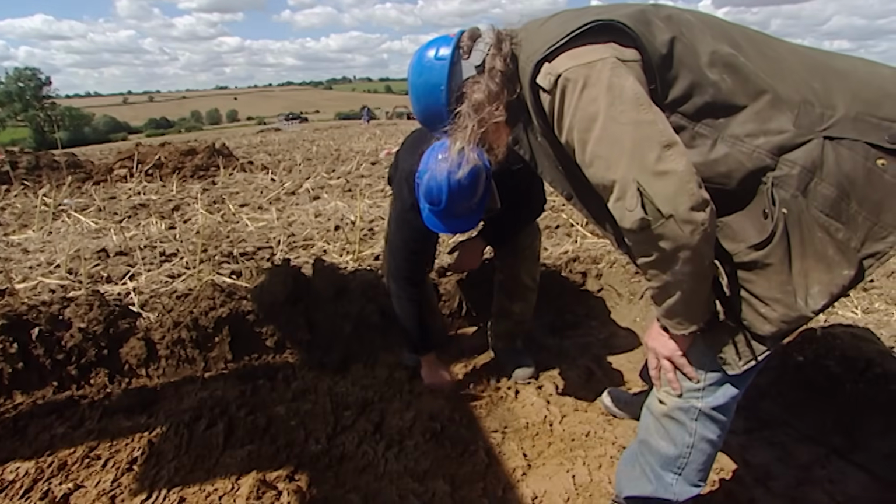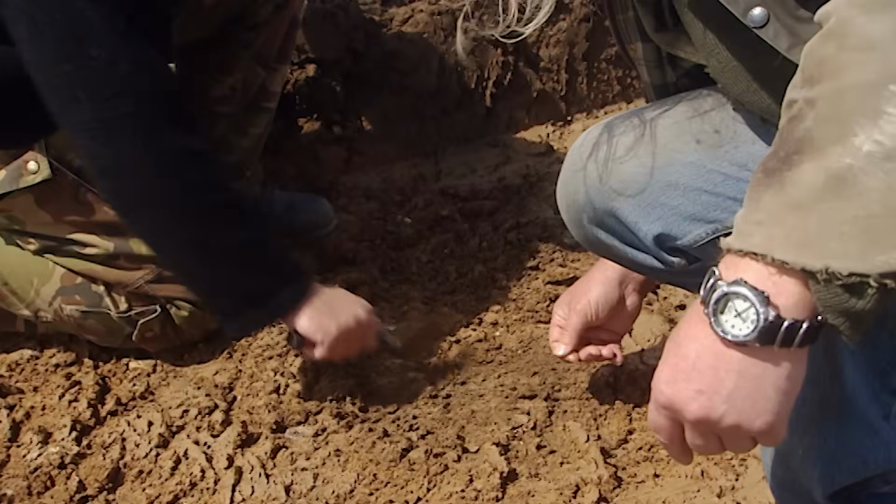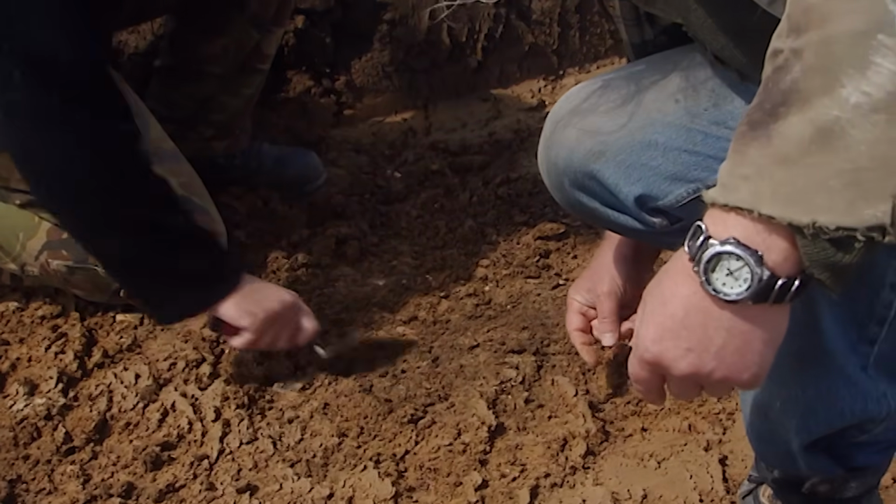Phil opens a trench that will cross this ditch and, critically, the area of high concentration of Saxon pottery finds. Oh, yeah, look at that, man. That looks like a post hole, doesn't it? Well,